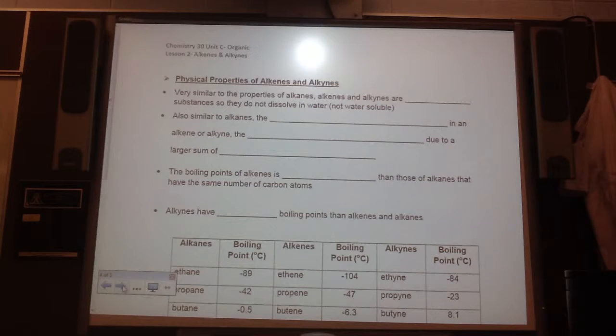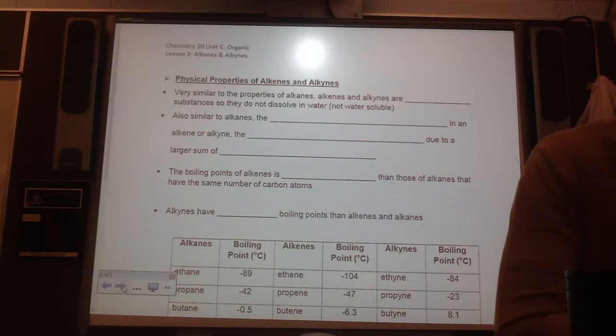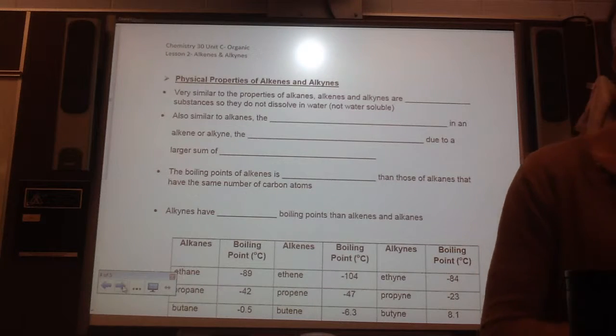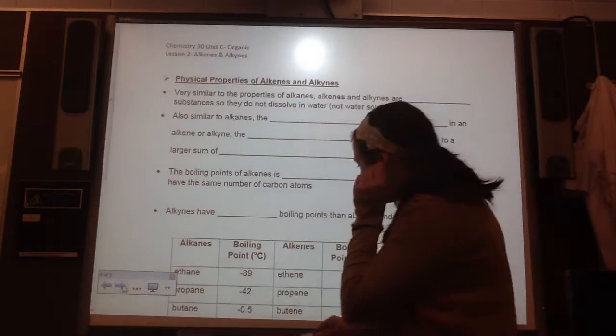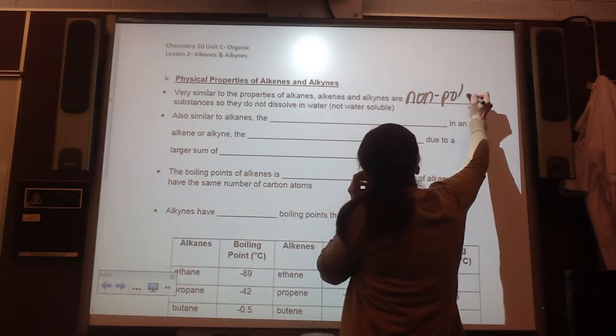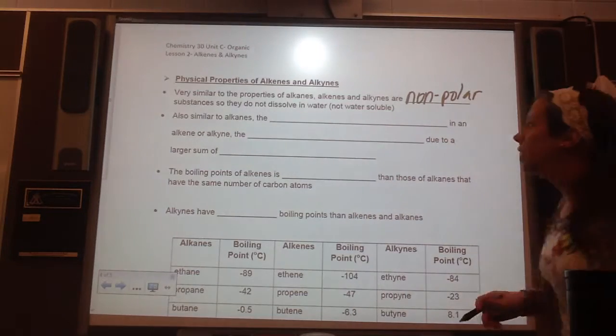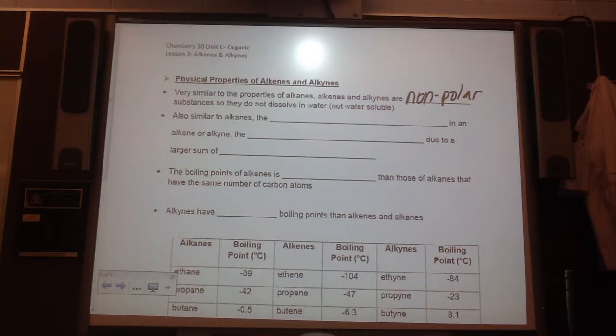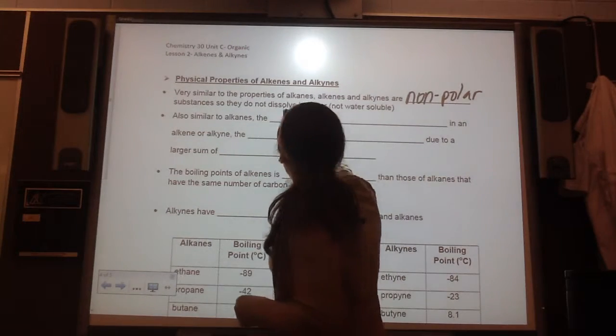All right, so our physical properties of alkenes and alkynes. They're very similar to the properties of alkanes. Alkenes and alkynes are all non-polar, so they don't dissolve in water, not water soluble. Similar to alkanes, the longer